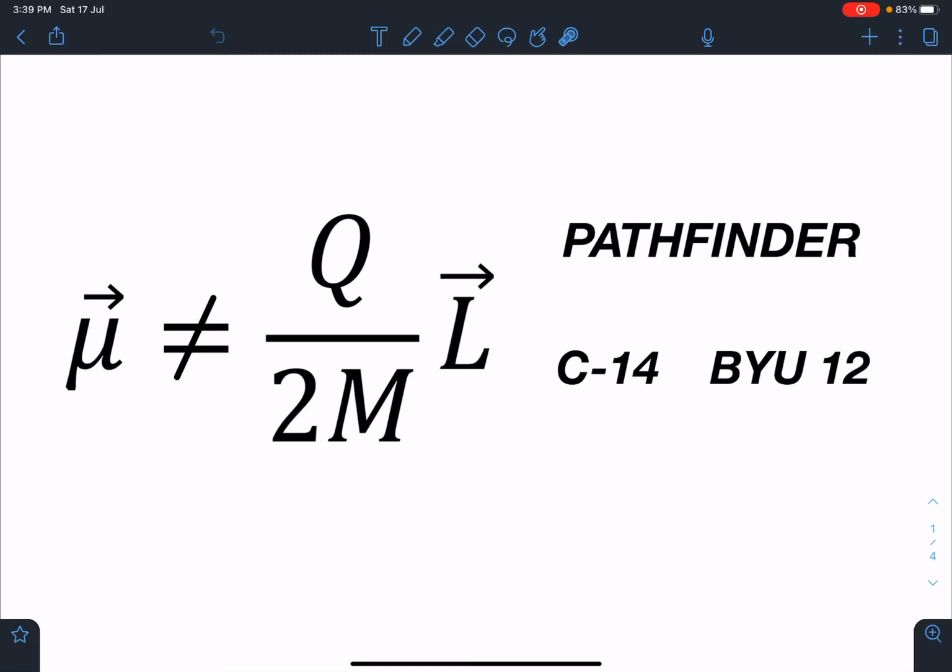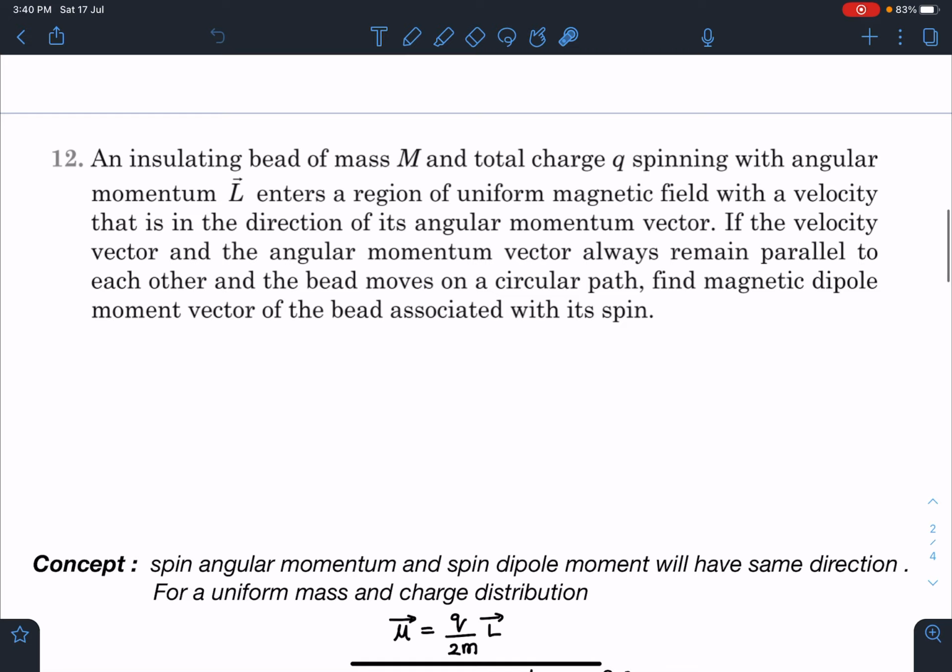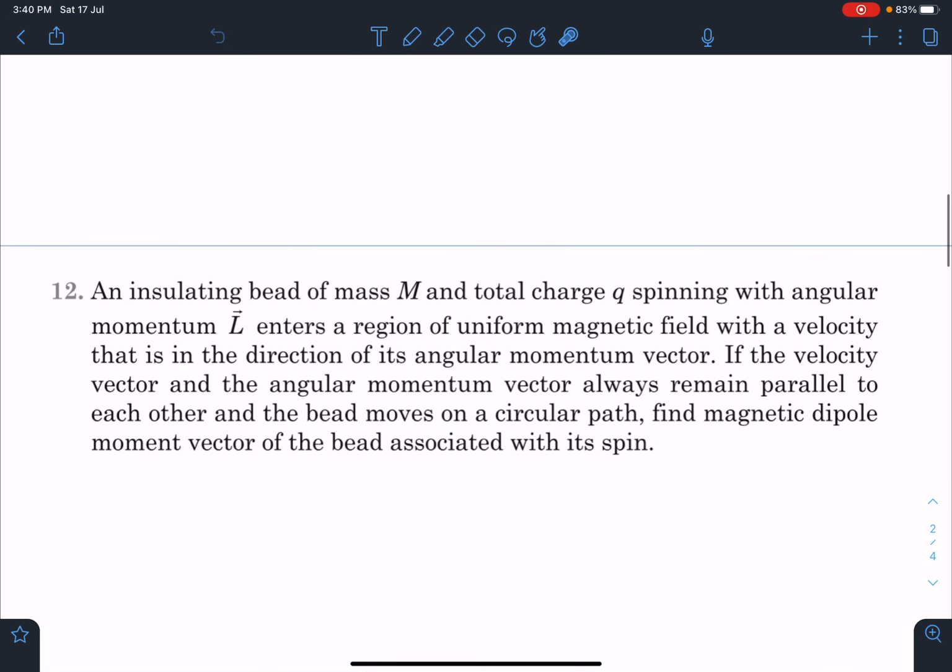Guys, this is Nitin here, and today I have come up with a very interesting problem from Pathfinder. It's on the easier side, and it can be an important application for JEE Advanced exams also. So here is the problem statement. It was requested by one of the students and it was long pending due.